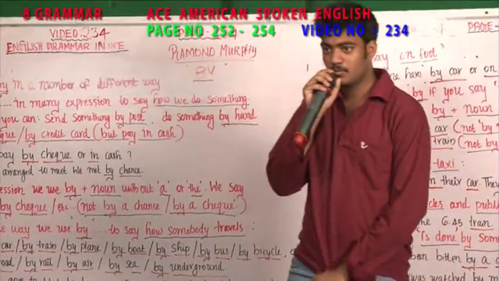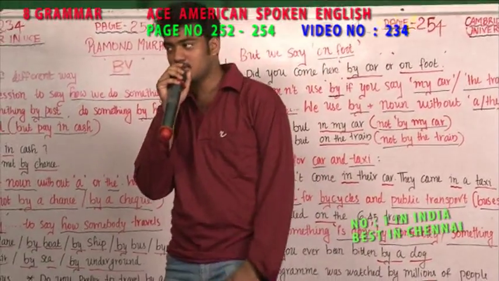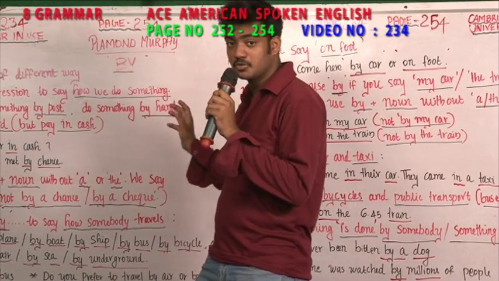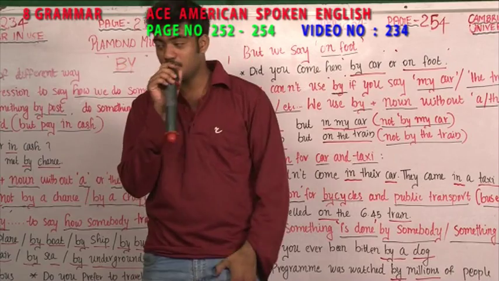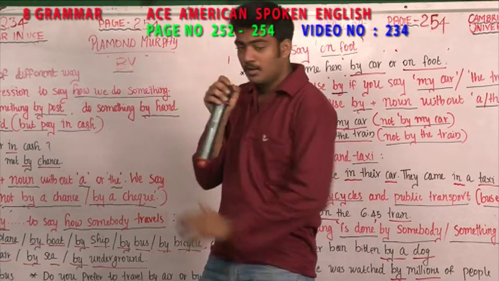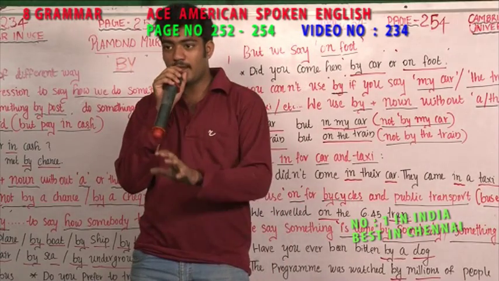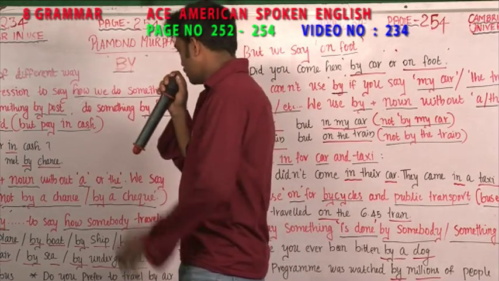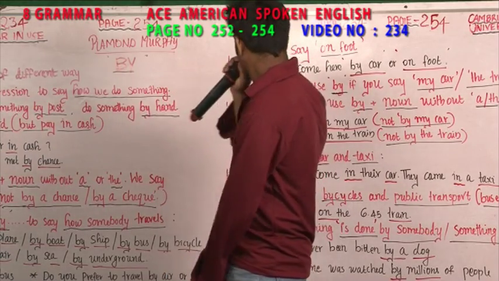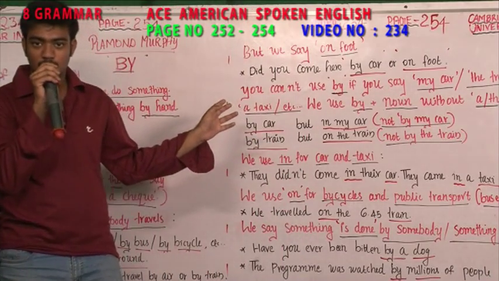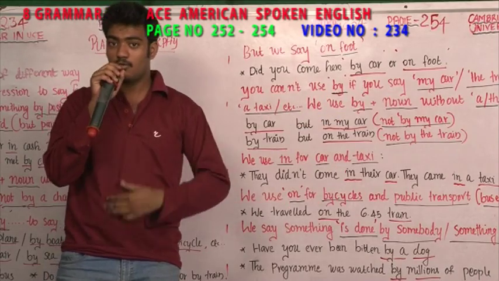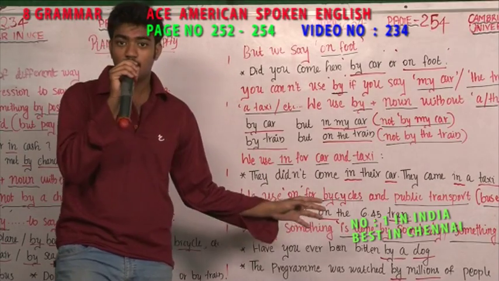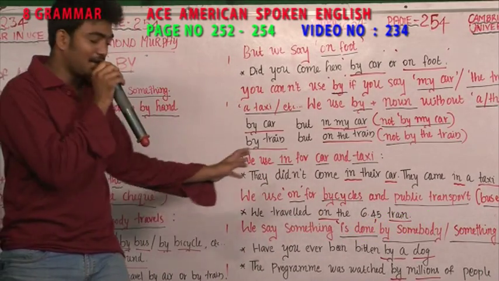Good morning to everybody. I am Siddharth of Vivekananda College, came here for a personality development class. Today sir taught that by is a preposition that is used where a person does something. For example, I go by car to office. By can be used for doing something by a person. Then on foot. I go to shop on foot. I don't say I go to shop by my foot, so on has to be there. I go to outing by car or by train.